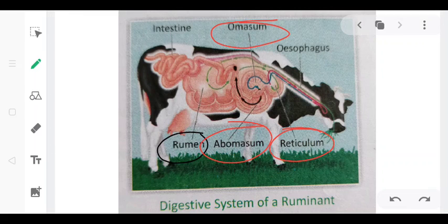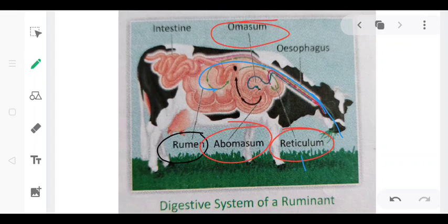As you can see here, the partially digested food directly goes to the rumen. The fact is the rumen is the largest of the food compartments. Protozoa and bacteria present in the rumen break down the cellulose present in grass. Next one is the reticulum. In the reticulum, the half digested food is stored, from where it is sent back to the mouth as cud to be chewed again, and this action is known as ruminating.